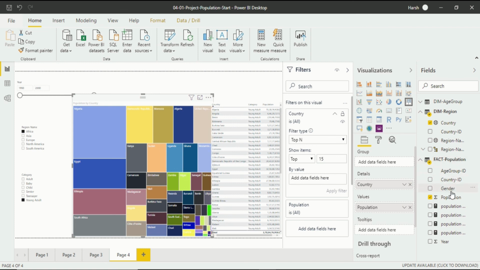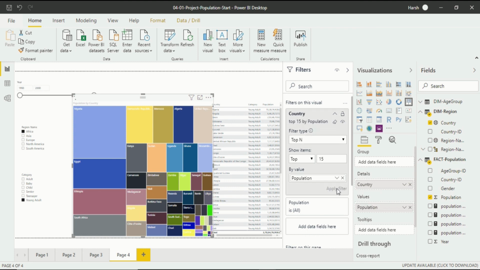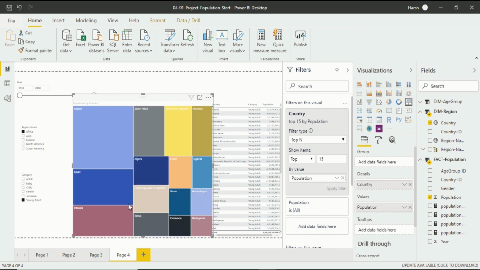In that case, I will go into population, and again drag and drop population. When I drag and drop population and after that apply filters, you will see changes in the visualization. Now we only have 15 countries. So these are the top 15 countries on the basis of population. So this is how the visual filter will work.